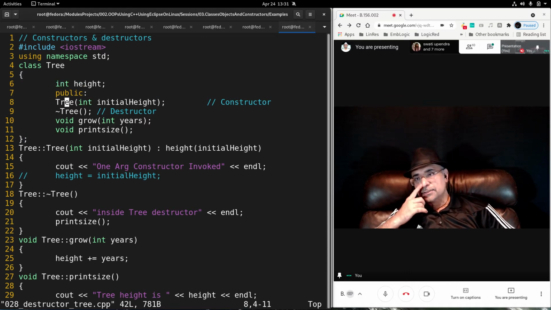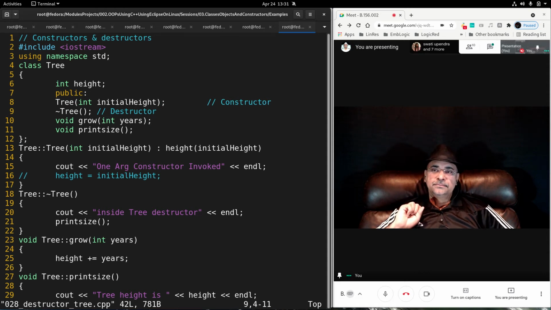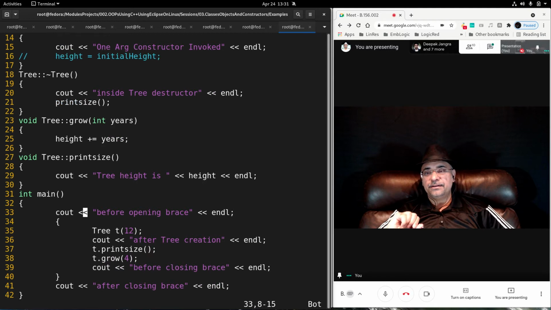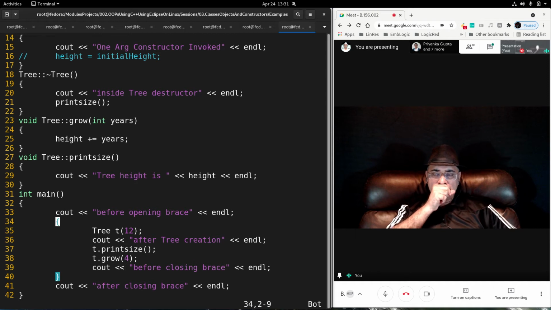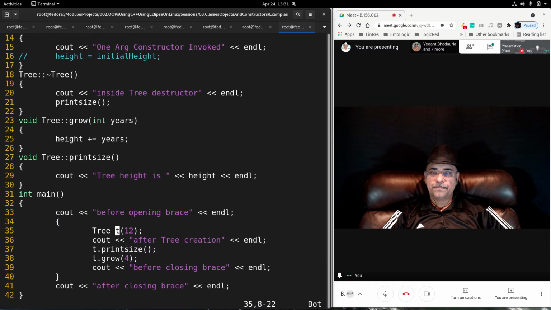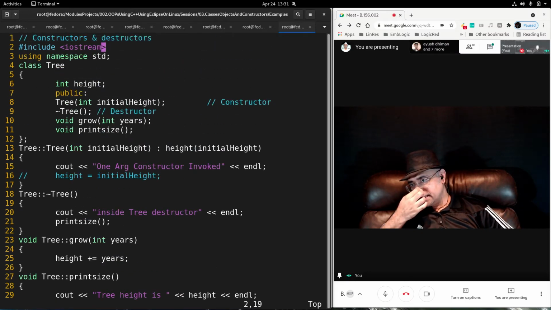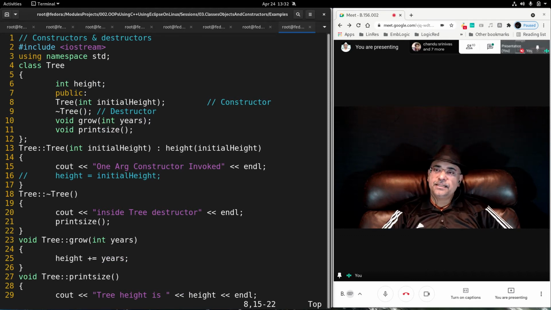There is a 1 argument constructor and there is a destructor. There are 2 member functions also, grow and print size. So let's go to main first. Here we are in main. We create an object of Tree inside the scope, and the argument is 12. So the 1 argument constructor for object T will be invoked. The 1 argument constructor has been declared here, and it is implemented here. Okay, so the 1 argument constructor is invoked.